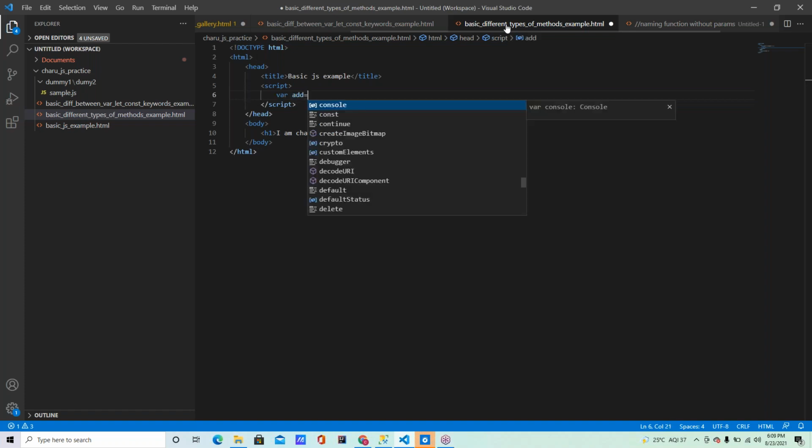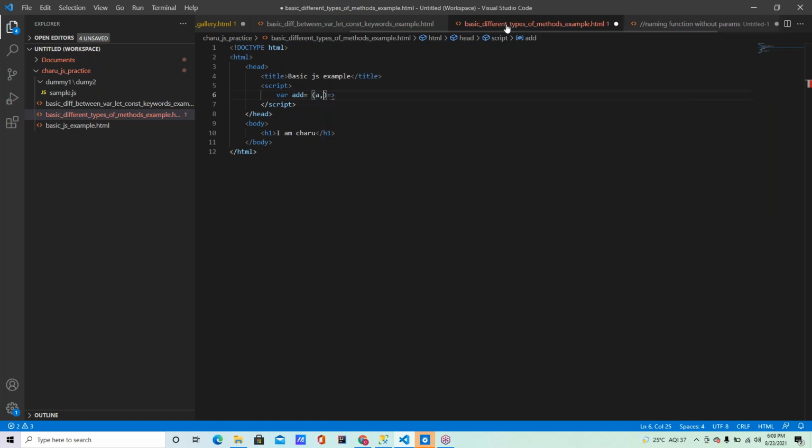Where add is equal to subtractor with arrow in parameter type. Charu, press Control Z. Press Control Z, Charu. First, where add equal to, right?